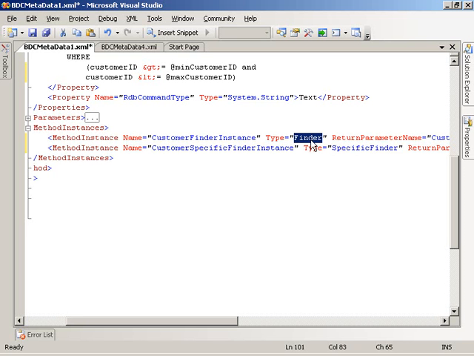Now, a Finder method instance is used by the BDC list, and it's used to really return all instances of an entity. So that's the select statement really without the where clause, or with a where clause that's configured to return all possible entities. We have a specific finder that's used by a huge variety of things within SharePoint. It's used by search, it's used in order to have BDC actions, it's used for filtering, so it's used for a lot of different things. So these are the two basic method instances that we really need to have in order to have